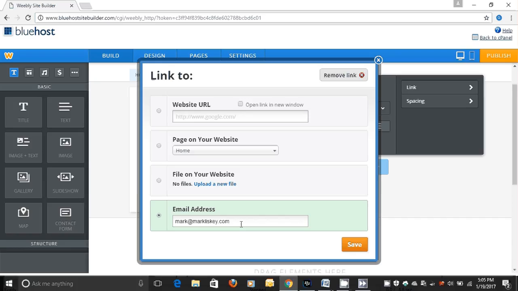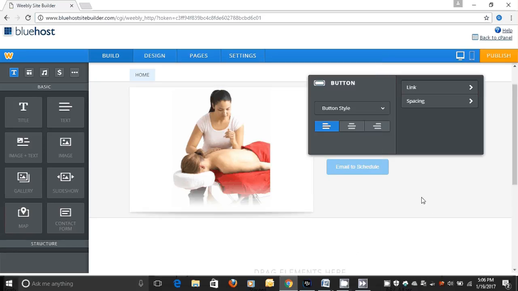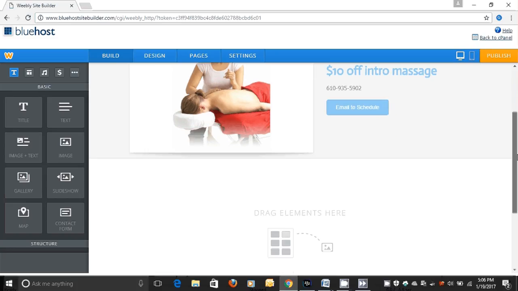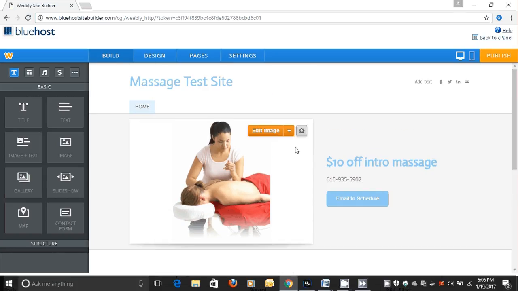And I have currently already typed in an email address of mine that I want a potential customer to email me at. And you'll just type in yours. I'm going to click save, and there we go. So that's the top of the page of our home page. It's already done. Next thing I'm going to do is I'm going to go over to the left here,